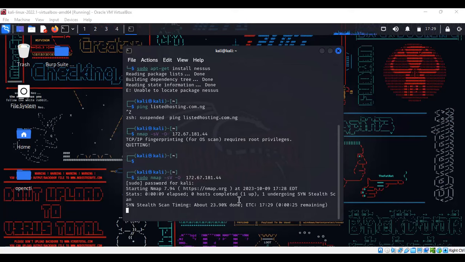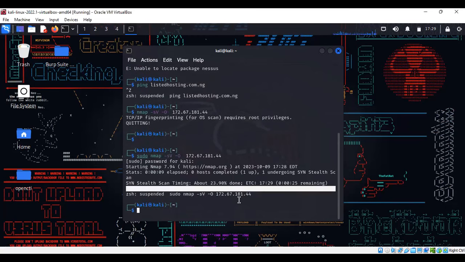I'm trying to just do a particular Nmap. This is a service scan. There are so many functions you can do with Nmap. There's service scan, there is the aggressive scan. If you want to learn more, you can go to our previous videos on this channel.